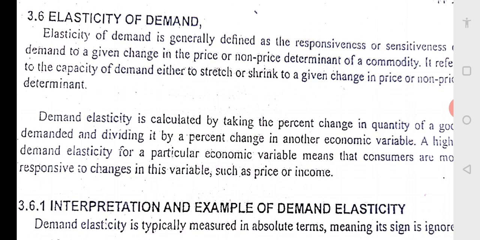So how do you calculate this now? You calculate 110 minus 100, which is equal to 10. So the change in demand is an increase of 10 bottles. Initial bottles is 100, so 10 divided by 100, you will get 0.1. And 0.1 divided by the change in price, that is 0.25. So 0.1 divided by 0.25, you will get 0.4.